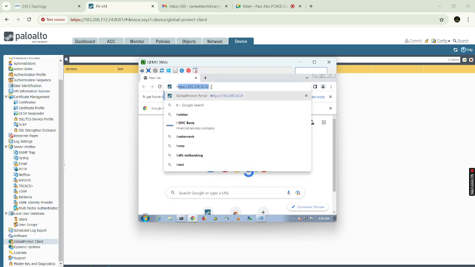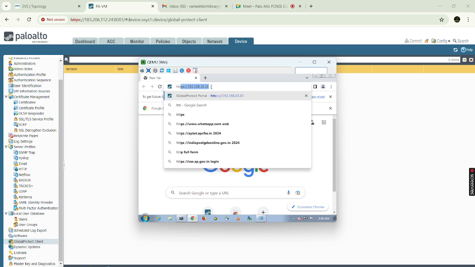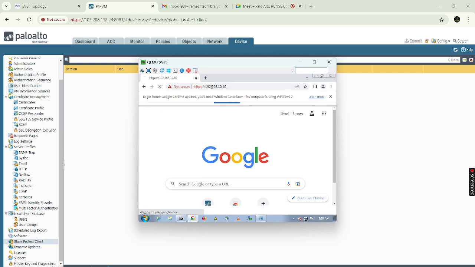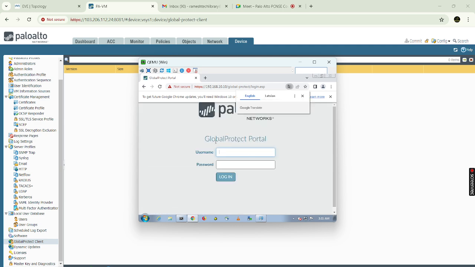So here in the browser I am using the portal IP address. Okay, portal IP address is the interface that we are using for the portal configuration, that is 192.168.10.10. If we click on enter, we'll get a global protect portal. Okay, in this global protect portal, if you want to authenticate whatever the users we have connected locally, we need to use that username and password here. Okay, which is user one and the password is